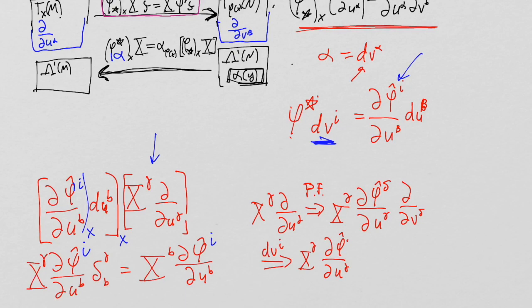So by dv^i, when you operate on dv^i, what happens? Well, the dv^i operates on the delta, the partial of v^delta, and that gives you a delta function. The delta function will be I delta, and so this delta will become an I, this will go away, and you'll be left with,